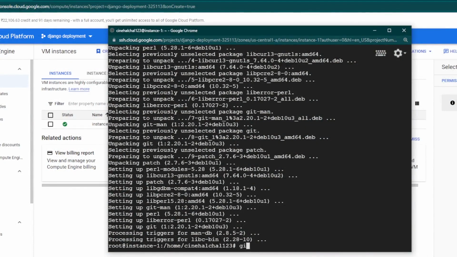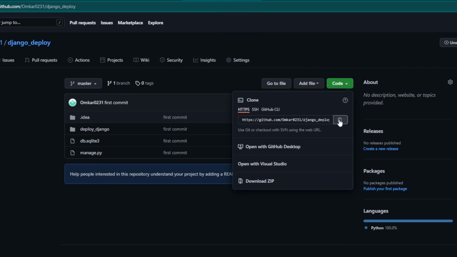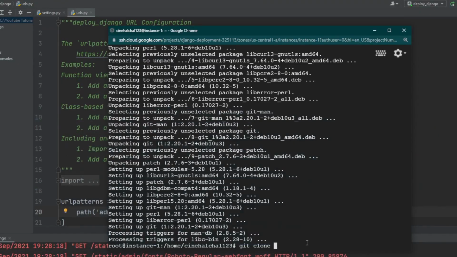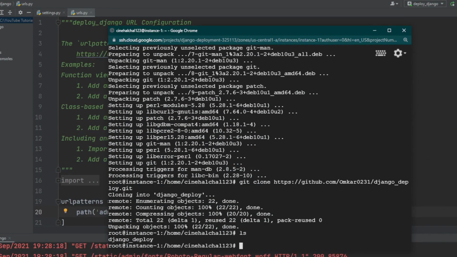Let's clone the project, git clone, and now you can go to GitHub and copy this cloning code and just paste it here. It didn't ask for the GitHub password as it is a public repository. If it were private, then you would have to enter the GitHub credentials.